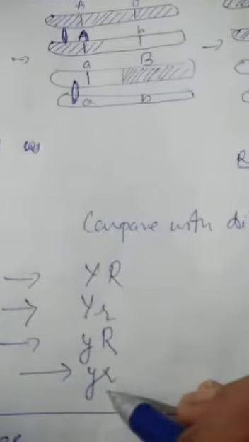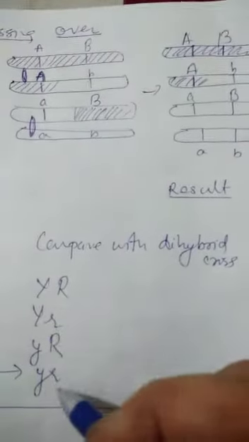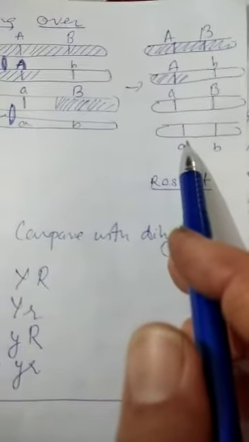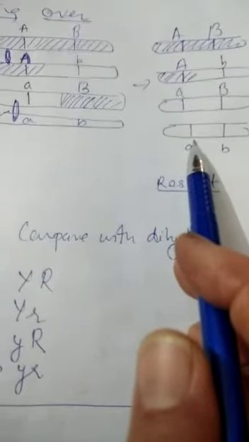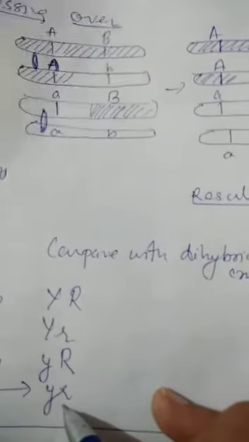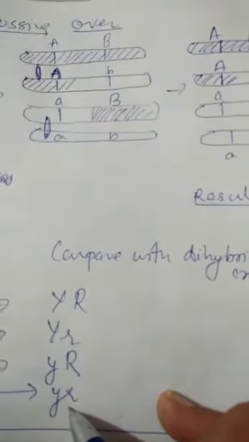the dihybrid cross are possible only when the crossing over takes place. यानी these gametes are the result of the crossing over. This independent assortment is shown only when the crossing over has taken place. If there is no crossing over, then this type of result will not appear. Okay, this is one thing, and now I am starting linkage in the next video.